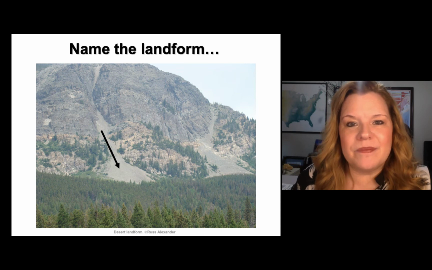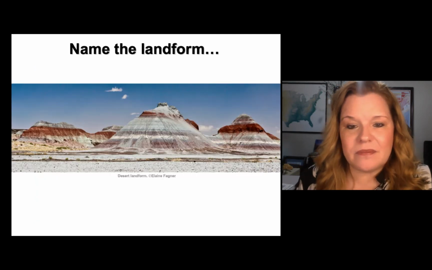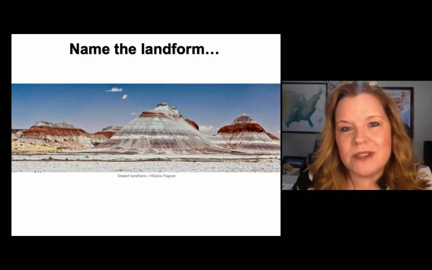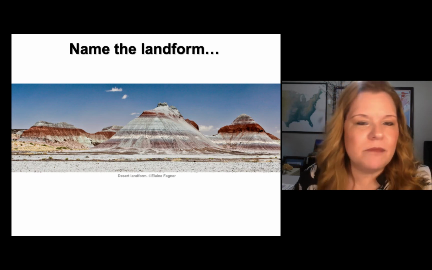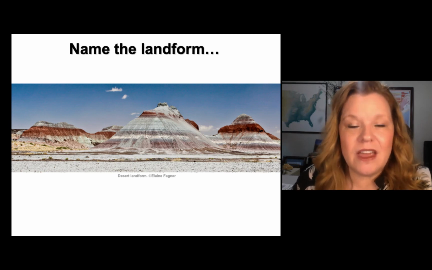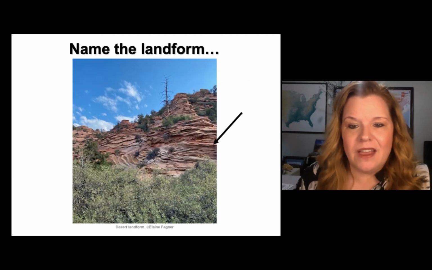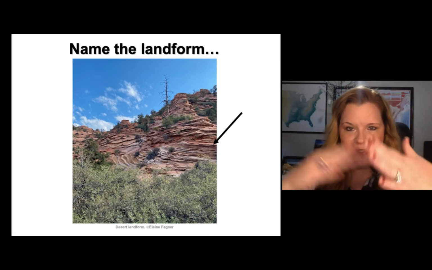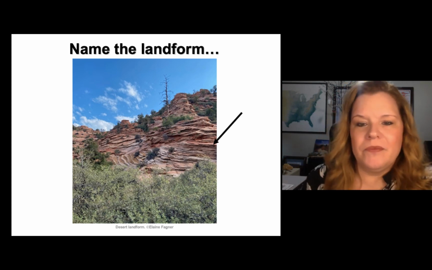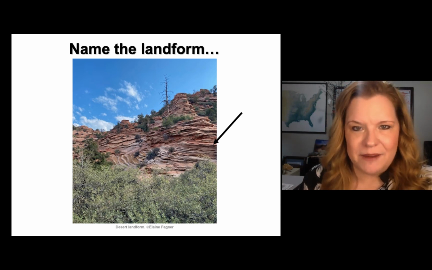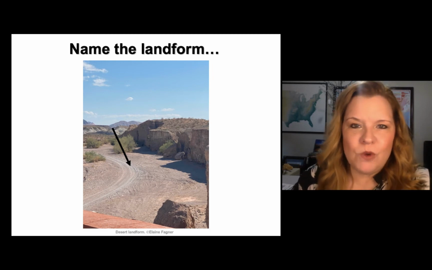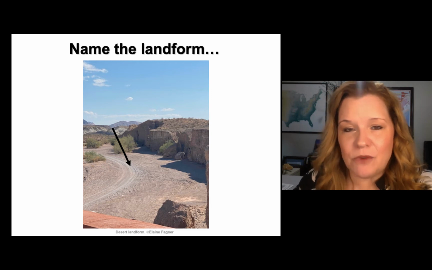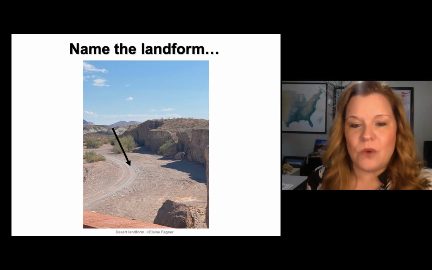What is that? An alluvial fan. This is that barren landscape. This is out in the petrified forest. So what do we call that barren landscape with minimal vegetation? Badlands. This should be obvious to you what it is, the crisscross that we learned about. And indeed, that is crossbedding. These are prone to flash flooding. It's dry right now, but this dry wash could become a raging river with just an inch or so of rain in the desert.